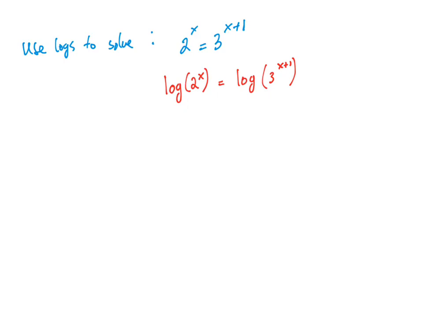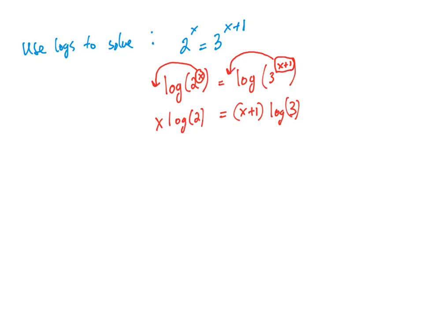All right, so at this point I'm going to apply some of the properties of logarithms to try to isolate the x. So on the left-hand side, we use the power rule to rewrite this as x log of 2. And then over here, I'm going to use the power rule to rewrite this as x plus 1 log of 3. Now it's really important that x plus 1, that whole thing comes down and we write x plus 1